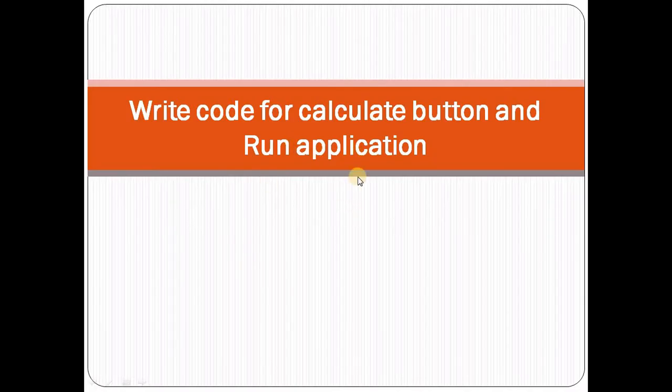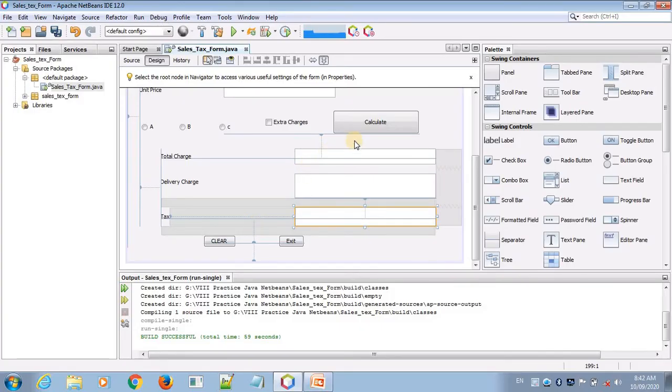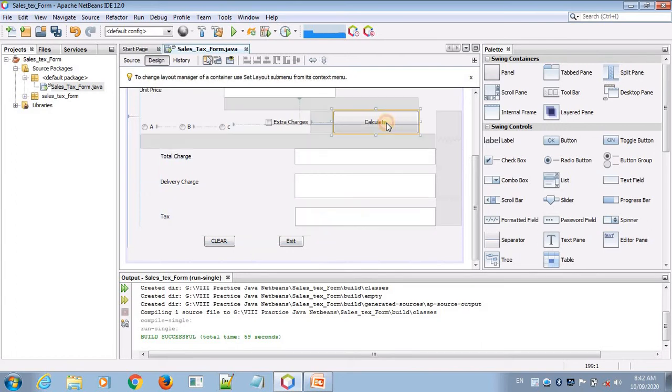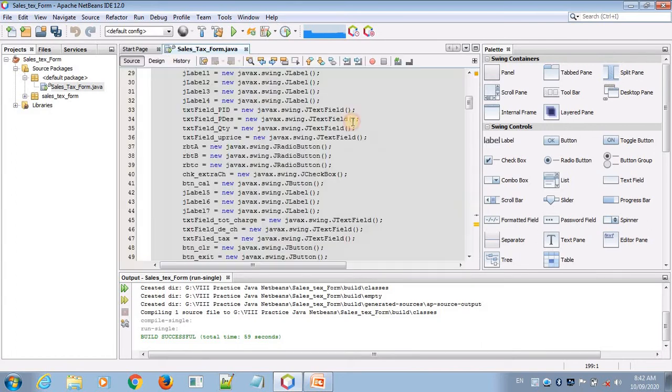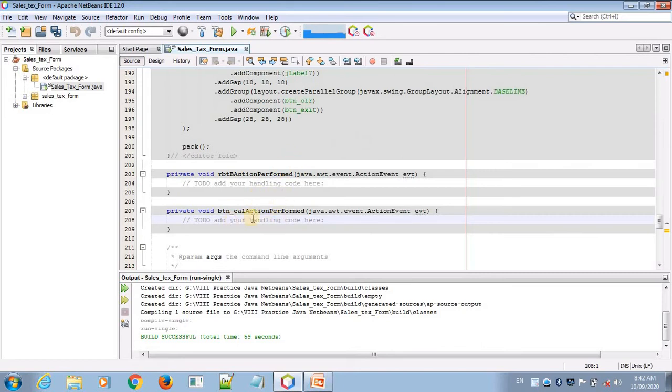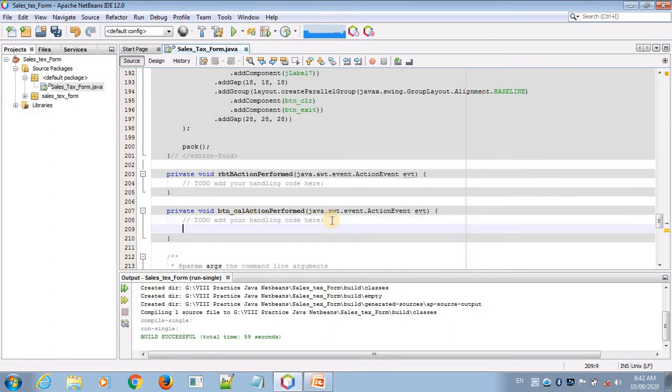Write the code for the calculate button, and after that run the application. Now first double click on the calculate button, and now see here, this is our button calculation. Okay, here I am writing the code. So first we need to add variables.